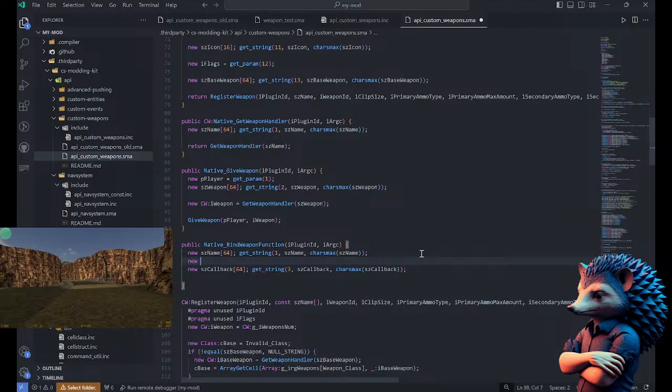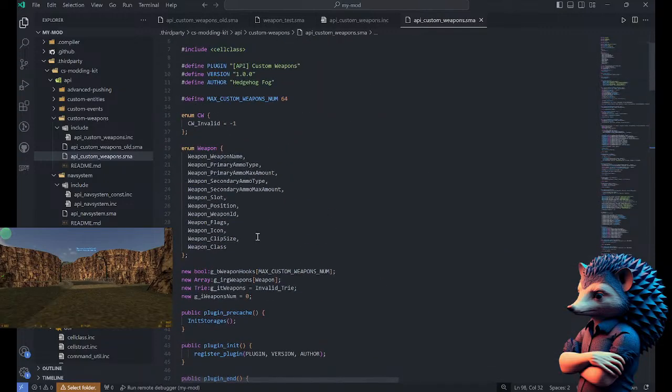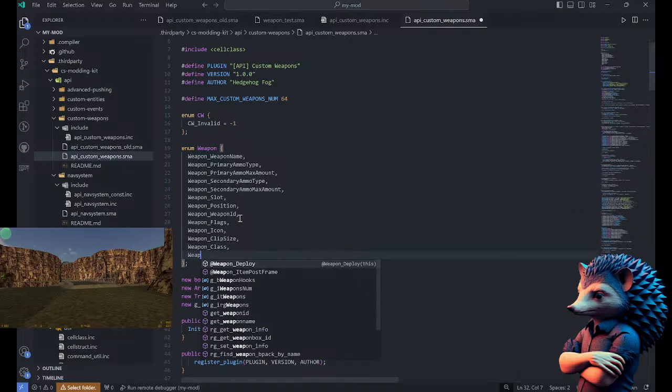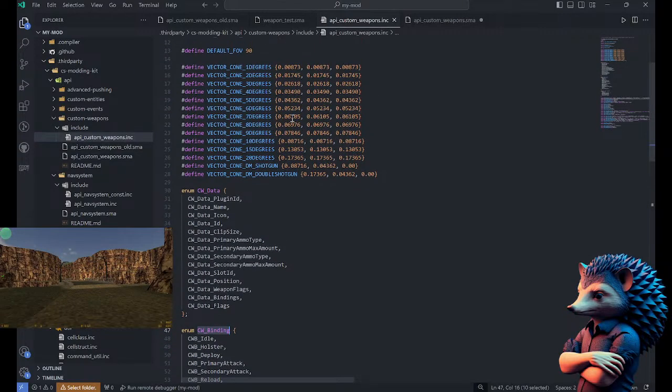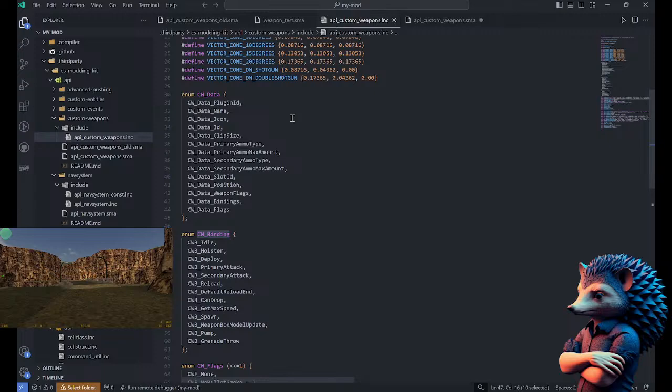Callback, okay, and the function. Okay, yeah, that's it. So we need to also provide the storage for the bindings. I mean, for each weapon it will be different bindings, but for one weapon class it should be the same. So we're gonna provide extra binding information, weapon hooks, and let's do it like,